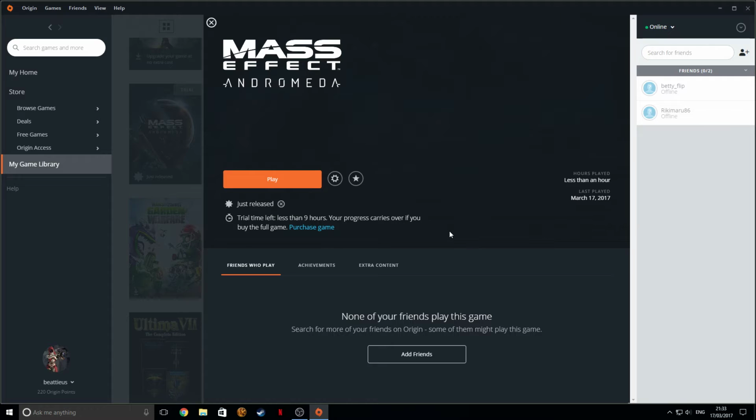But the major issue here is that it's unplayable with mouse and keyboard. Now, luckily, Mass Effect Andromeda does support the controller. It supports the Xbox One, and I guess you could use a PS4 controller as well with it. But it's quite a shit PC port, if we're honest, that I can't use my mouse, because at